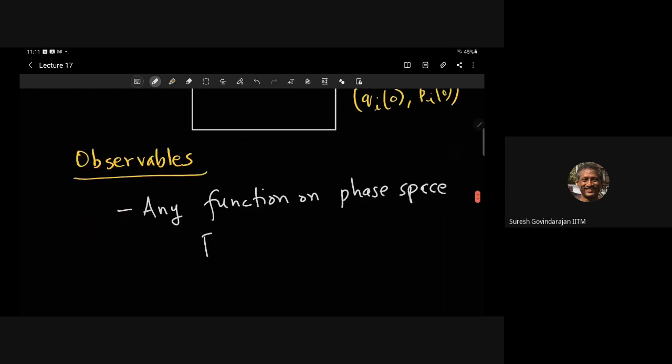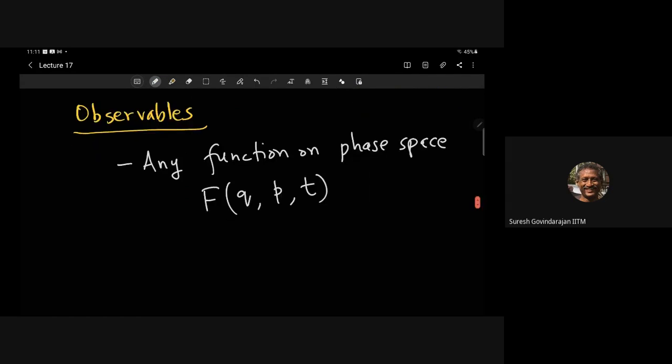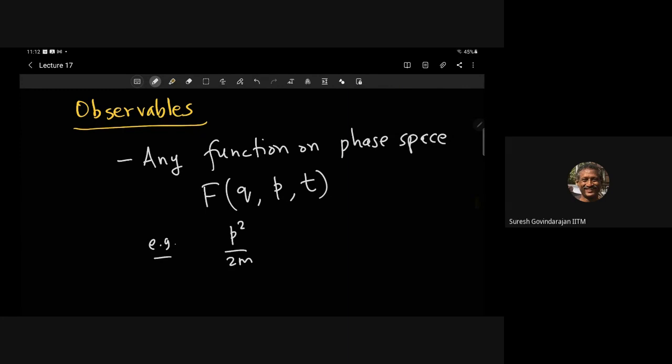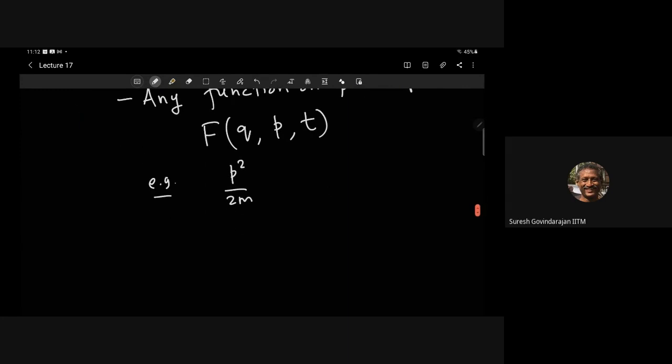So let's say f of q, p. Let me write it for one variable real quickly. This could be some random arbitrary function that you can write. For instance, f could be just p square upon 2m. Another thing it could be would be p square upon 2m